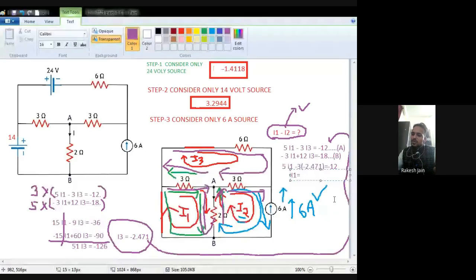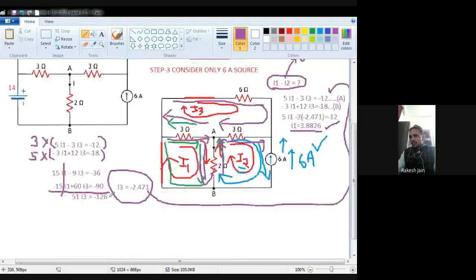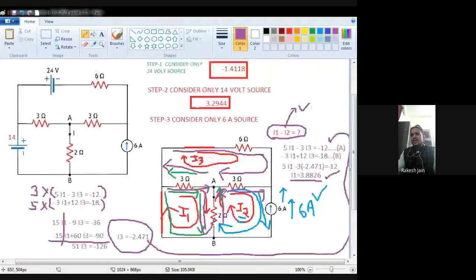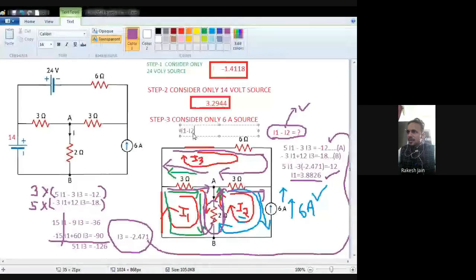So now once again, I am going to write down equation number 1. So 5I1 minus 2I2 minus 3I3. First I write down minus 3I3. Okay. When I put the I2 value, that is minus 6, in place of I2, then it will be minus 6 multiplied by minus 2, that is plus 12. When it moves to the right hand side, that will be minus 12. Kindly don't get confused. Okay, let's suppose this is equation number A.